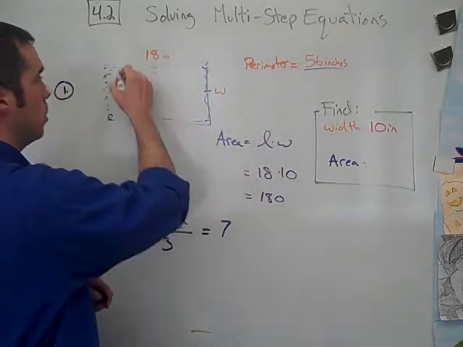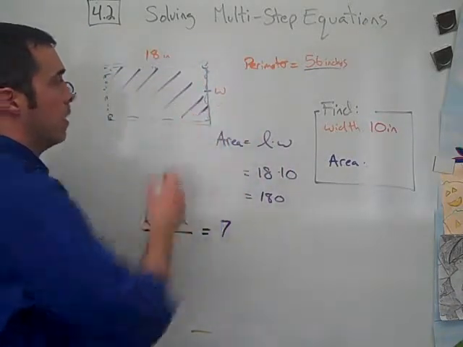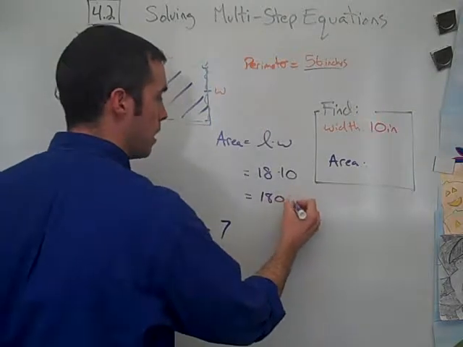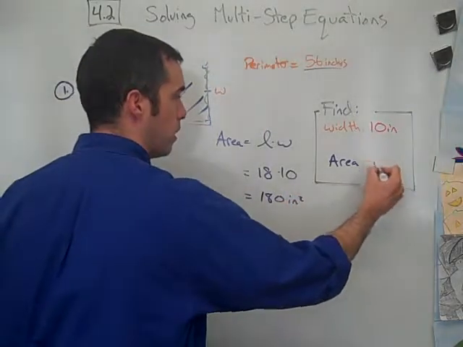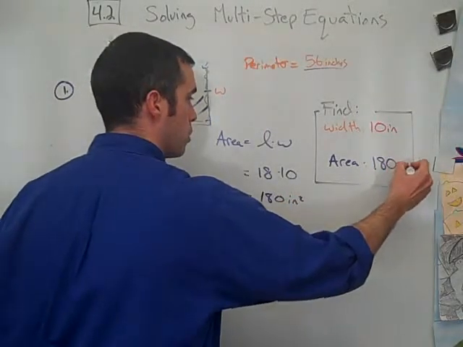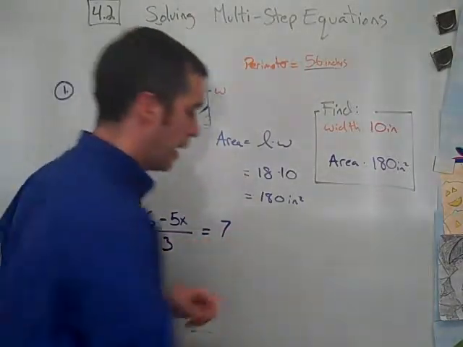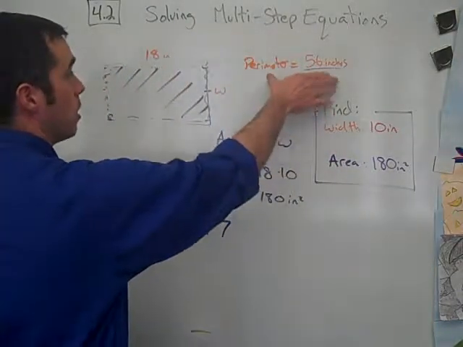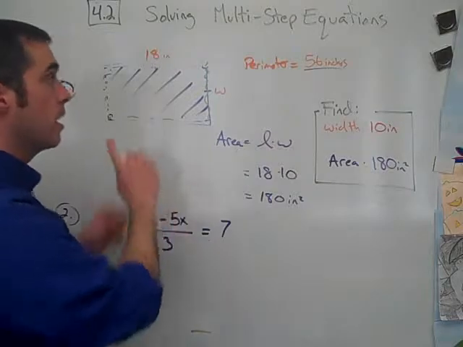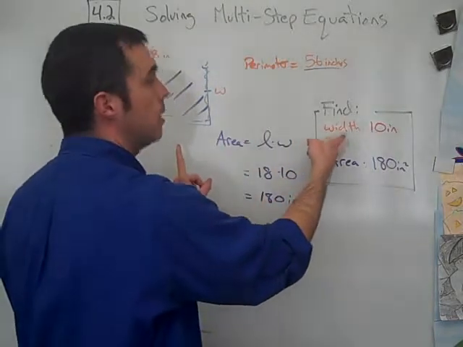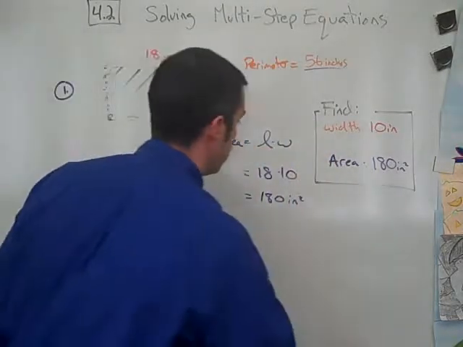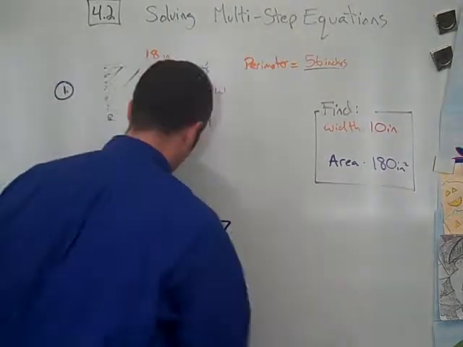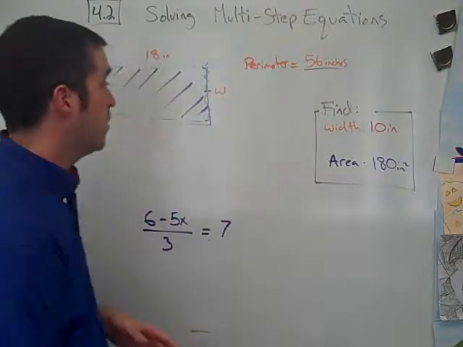Remembering two-dimensional unit of measure, I'm now talking about area. It will be inches squared. And I come down here and write 180 inches squared. So just a little add-on. Knowing the perimeter and one of the side lengths allows me to find the missing side length and then utilizing that to find the area. So there's a geometric example of solving